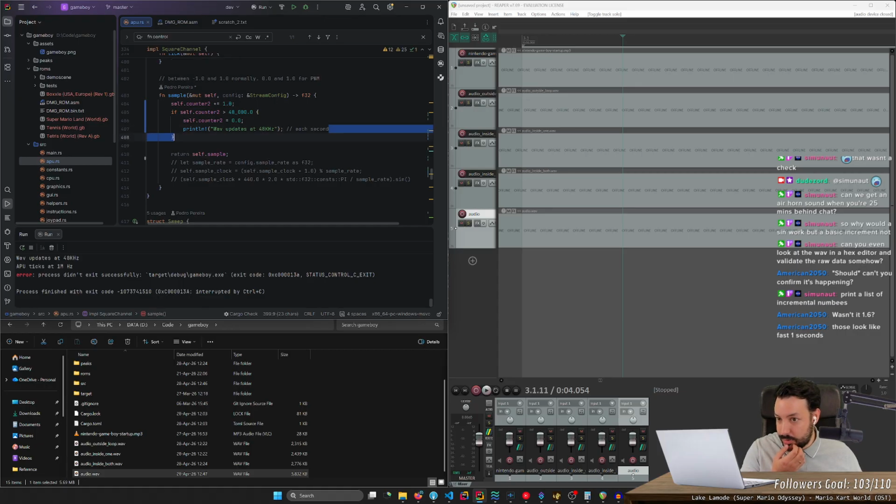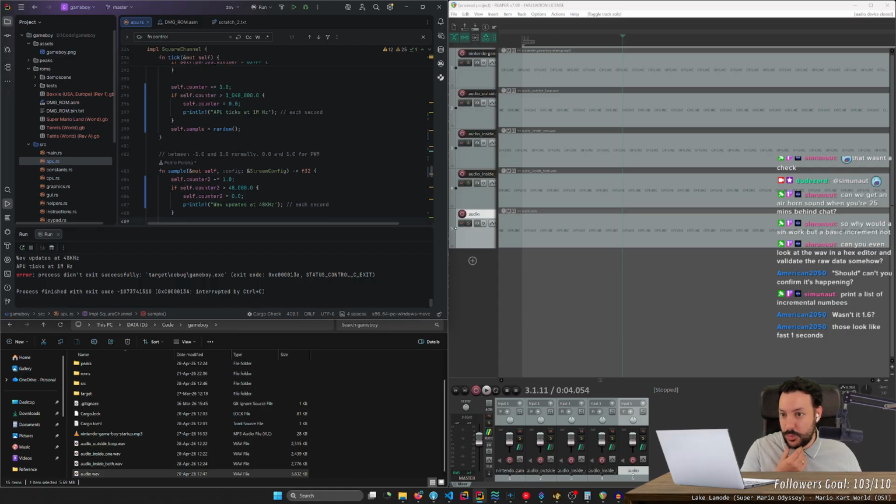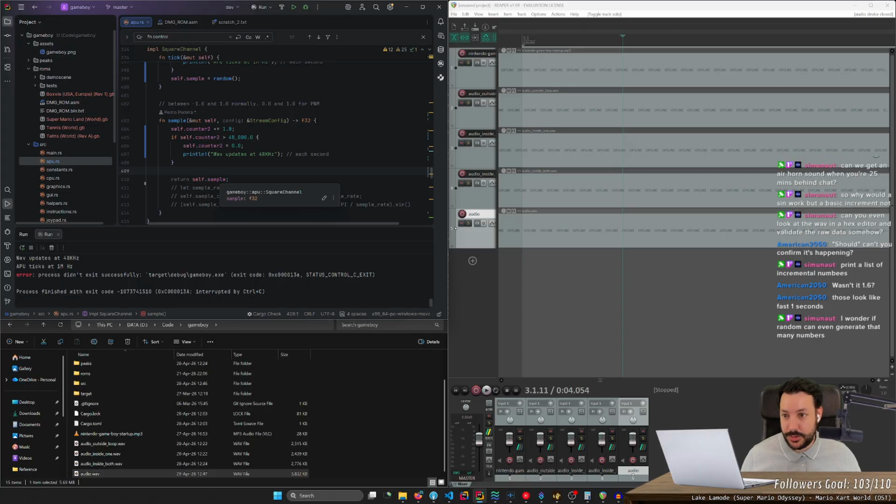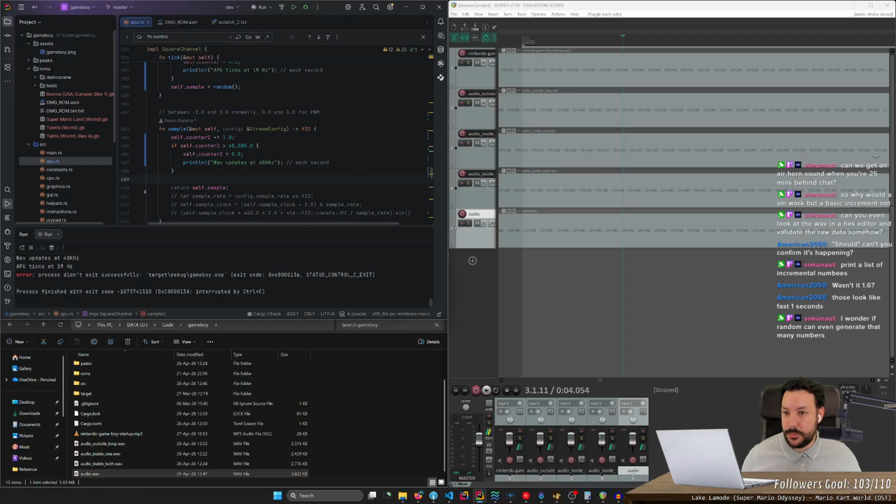Or whatever this is called, it's returning this self.sample 48,000 a second, which means that this self.sample should change like 25 times before getting returned here. But yeah, it's not. I wonder if random can even generate that many numbers.